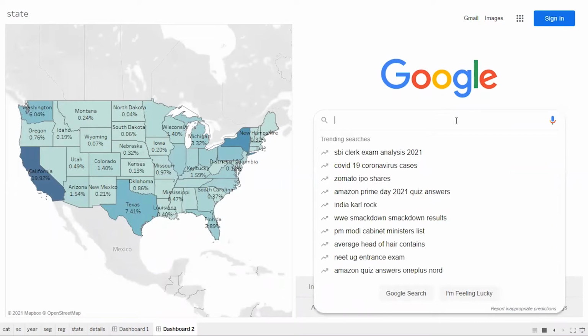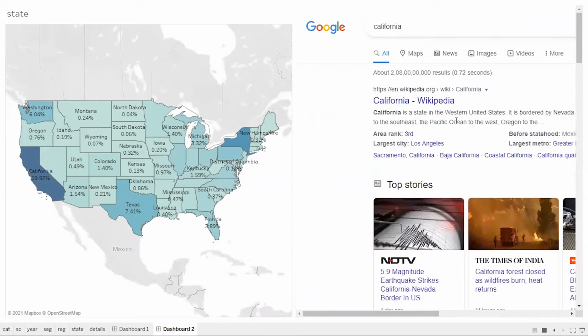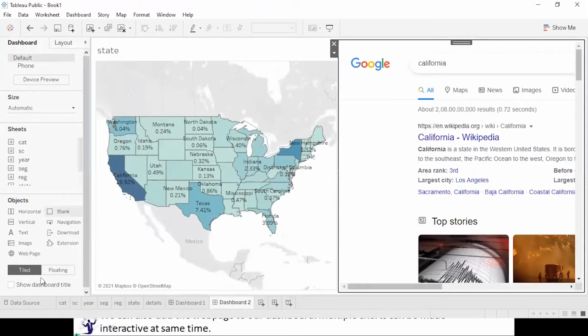So you can search for something like California, and you will be getting the details about California over here. Okay, so this was the web page. First of all, I need to create text, image, web page, download, navigation.